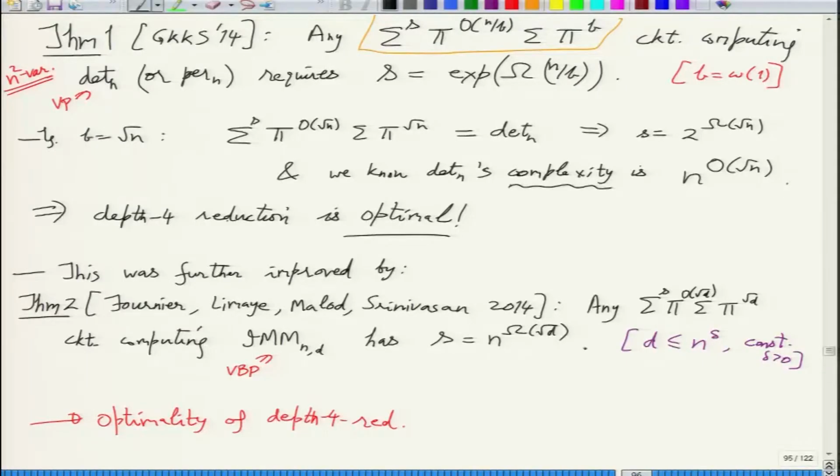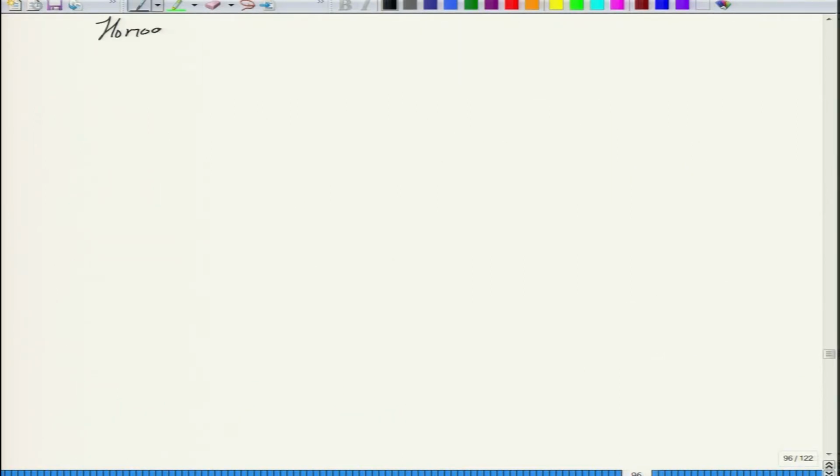Okay, so now we'll move to another result which will require us to change the measure a bit. So this will be the homogeneous depth 4 model. So using these techniques there have been many results, we cannot cover all of them of course, but see the representative ones. So homogeneous depth 4 is by itself also an interesting model, and it is a restriction, right? So when you are looking at constant depth, then it is a restriction.